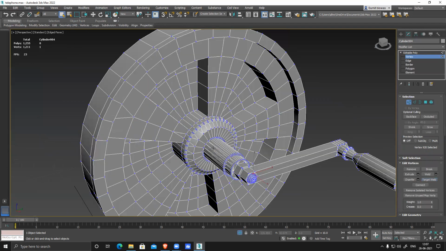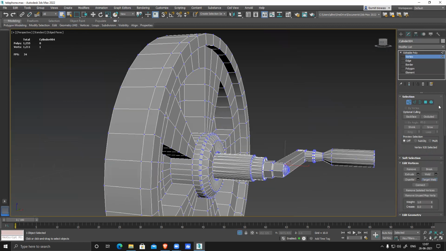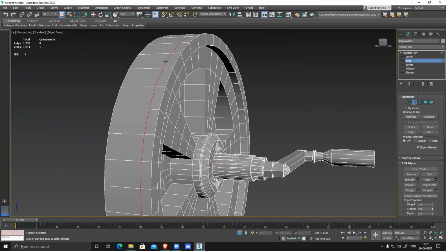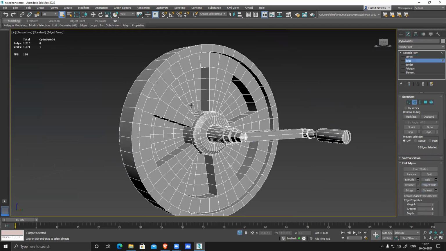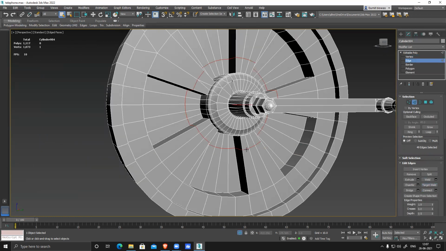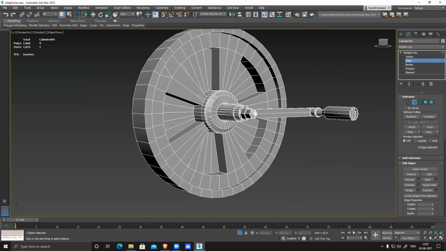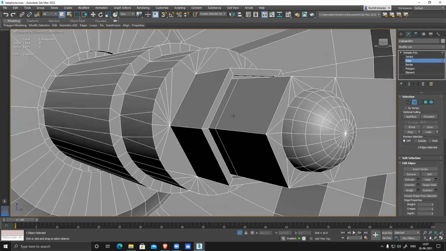Only for this smaller circle, this smaller tube, and this flat surface. This is correct. There is nothing wrong in it. This is absolutely correct. And at most, I can delete this one, and if I want, I can delete this one also. Nothing will change. See, nothing changed. No shape will change. So I can optimize it like this wherever it's not required. Similarly, this one is not required.